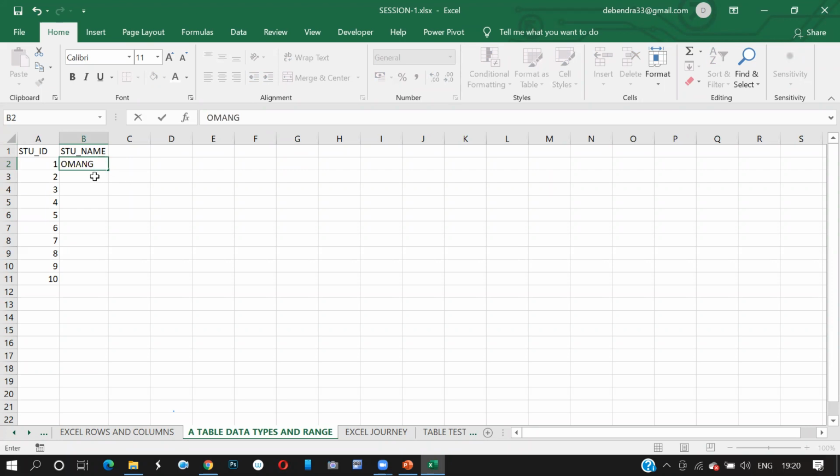So I put it here: Umang, Akanksha, Aditya, Arjun, Chiranjeev, Satya, Nivedita,